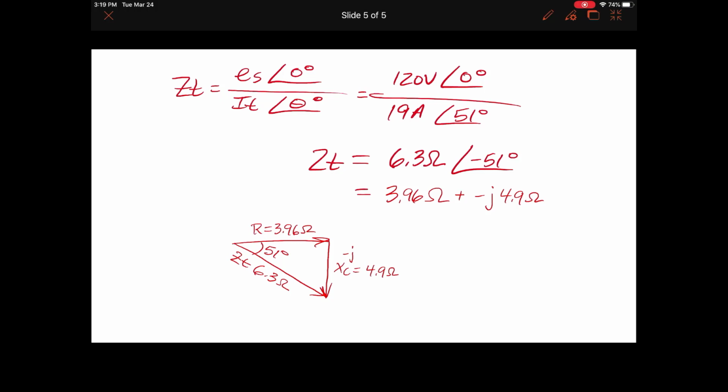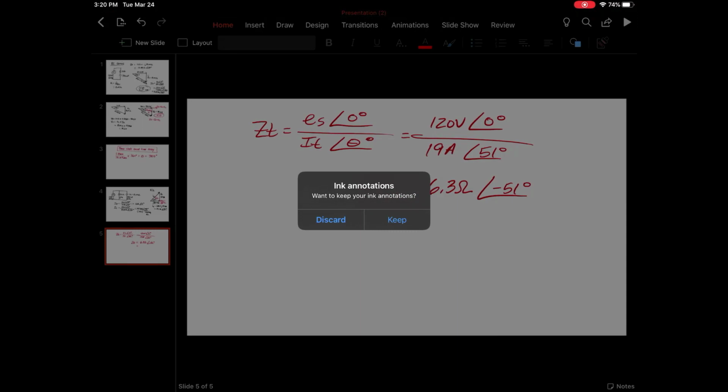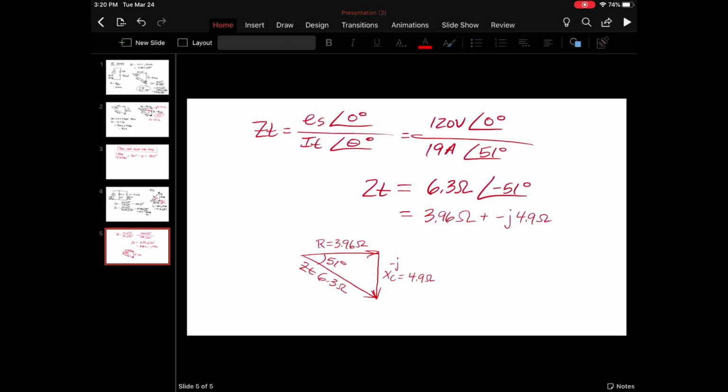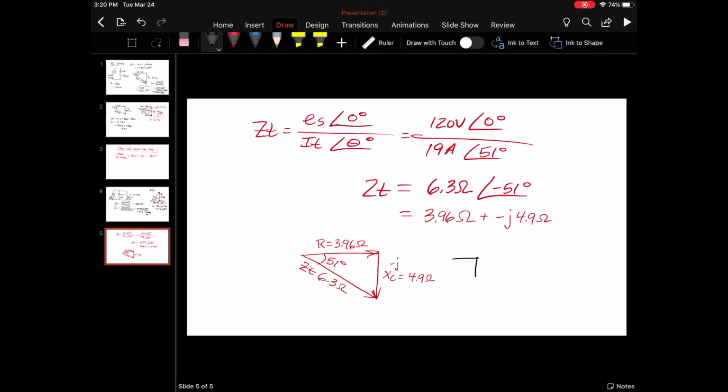Now, what are we really saying when we show an impedance triangle from a parallel circuit? What we're actually demonstrating is we're saying what is the equivalent series value of that parallel impedance. So what we're saying is,